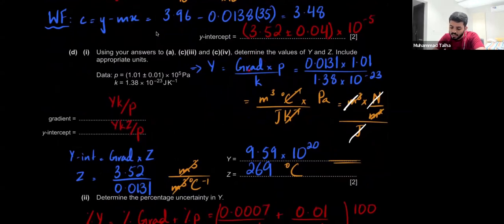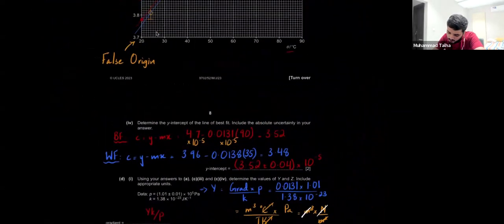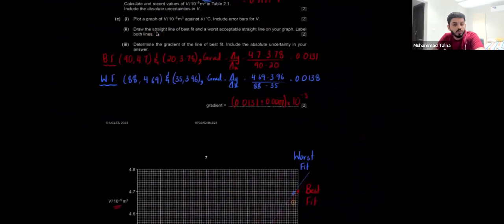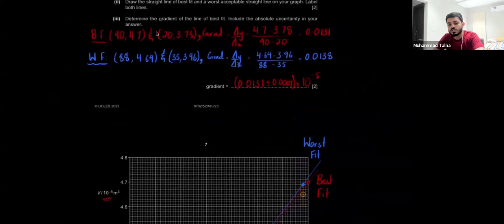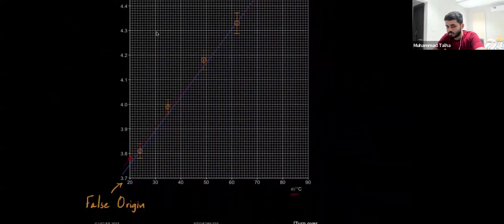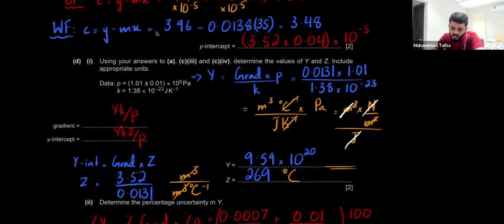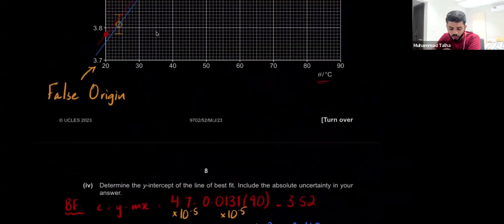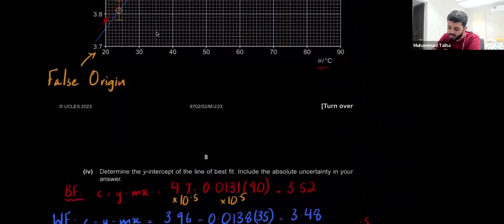For example, in this case, y, if I look above to the question, I don't know what y was, right? In another question, as I'll show you, I was given in the question what y was. Any constant. But here I rearrange this equation and I see y is gradient times p over k. The gradient always has units of whatever you have in y over whatever you have in x. So what you had on y was meter cube, and what you have on x is degree Celsius. So meter cube per degree Celsius.